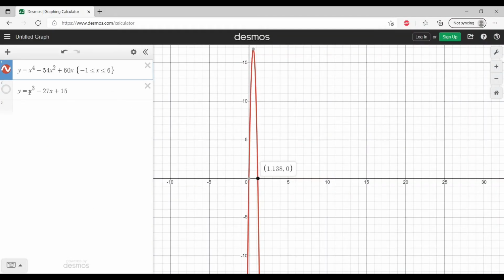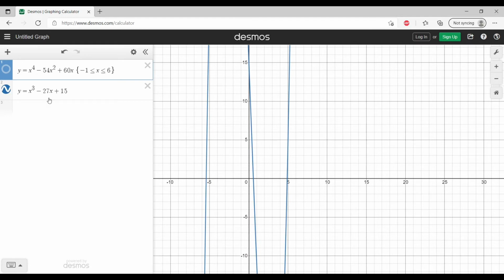This is the graph. You can see the graph, that is y equals to, this was the first graph, that is x to the power 4 minus 54x square plus 60x, and I am omitting this and I am trying to figure out this graph. So from this you can see, if you plot this graph, you will have this type of equation. So the 3 points that are the x-intercepts are, you can see the x-intercepts here, that is x equals minus 5.454, x equals 0.562 and x equals 4.892. These are the 3 points that we have got from the derivative of f x.